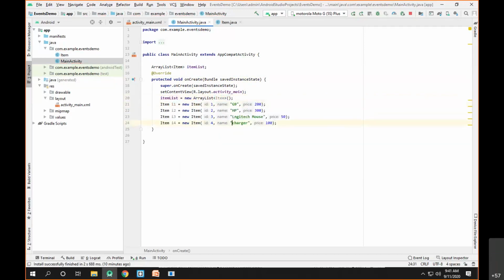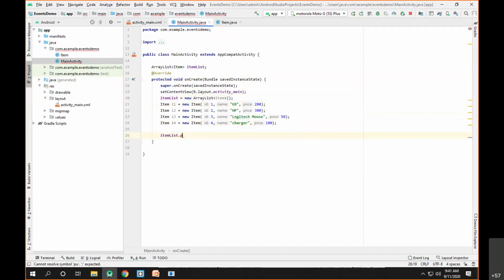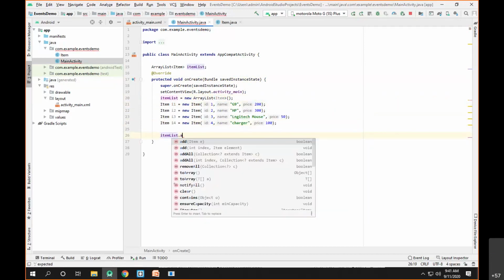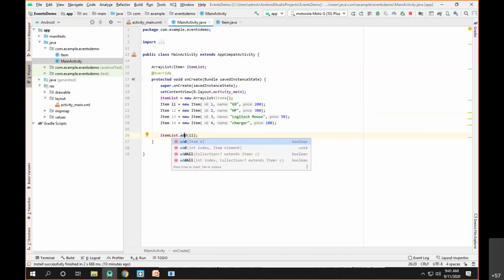Now we can push each of the items inside this particular array list. So what we can have here is item list dot push, sorry, item list dot add I1, and we'll do the same thing. Let me check what the add returns.